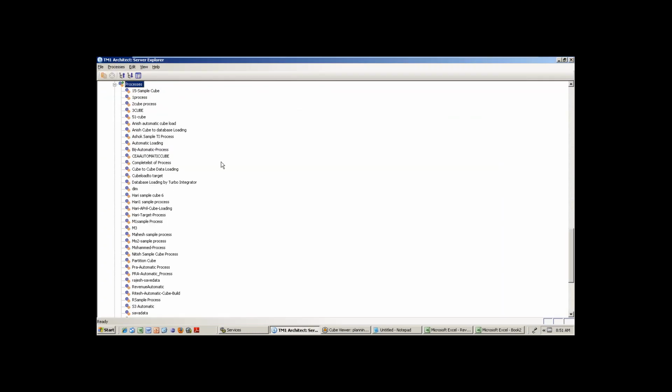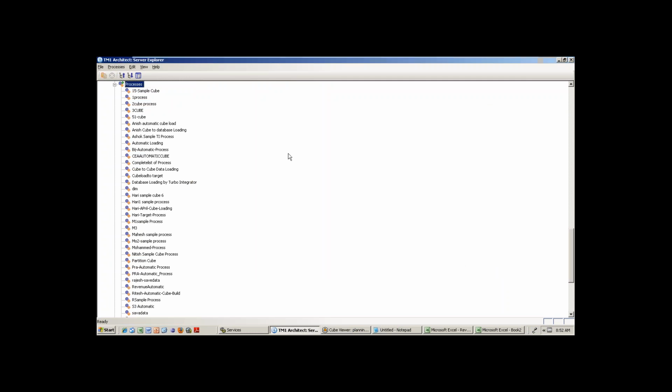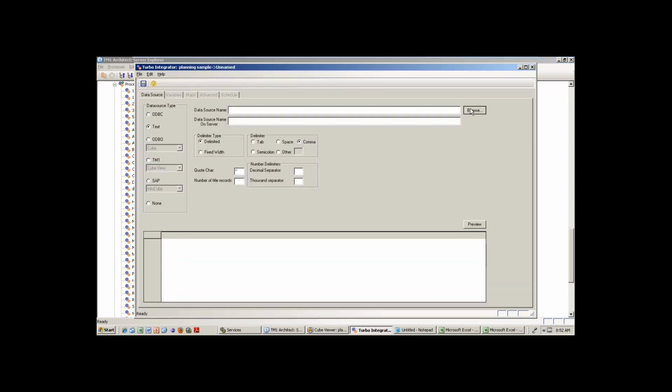So now see, for example, if I'm trying to create a cube, browse name.